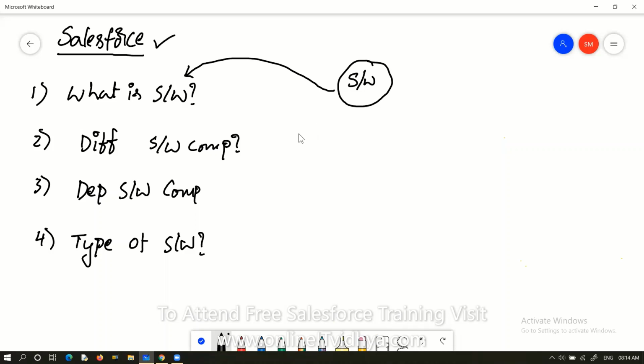Yes, we can use it to develop software. So different types of technologies are used to develop different types of software. That's why we also need to understand the types of software we have to develop.